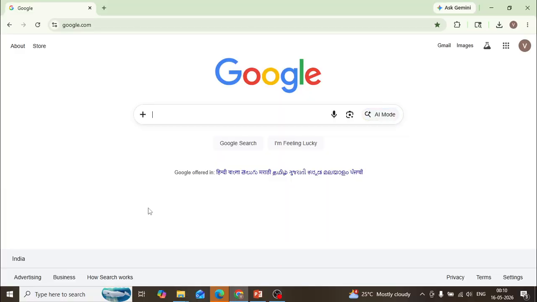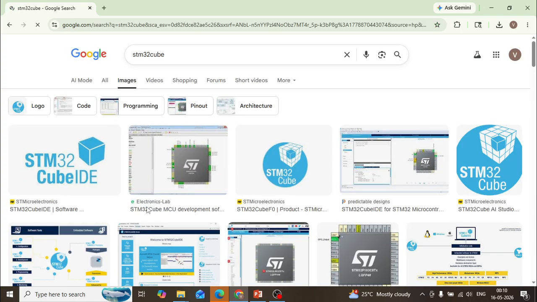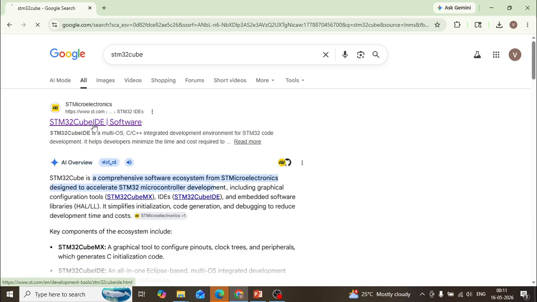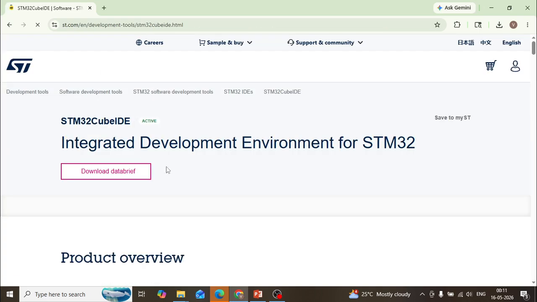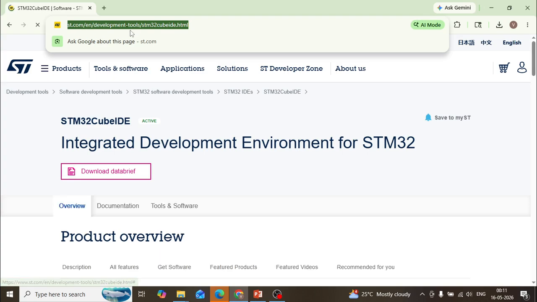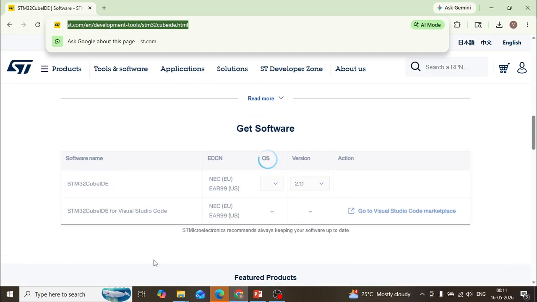Let us start. So guys, we will see how to download the STM32 Cube IDE. You can go to Google and just type STM32 Cube IDE. So click on the link here, whatever you're seeing, and here this is the website st.com development tools. This is the website you need to visit, and if you come down here, this is a very important thing you should know. Here you can see they're mentioning,